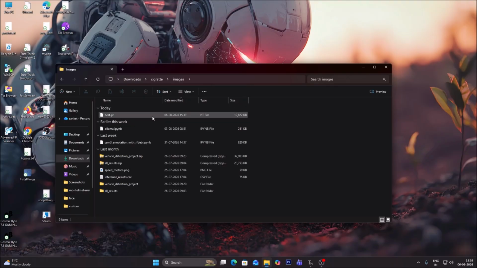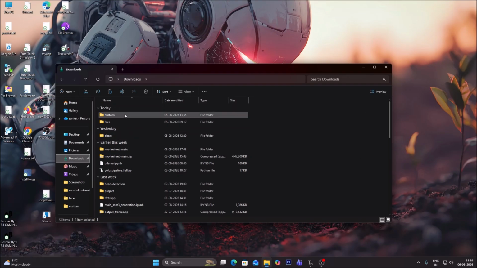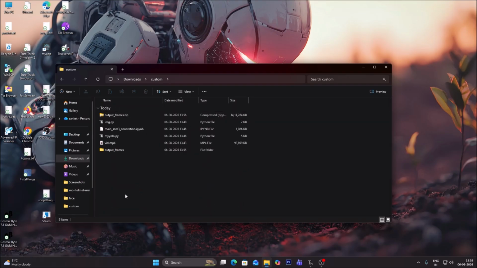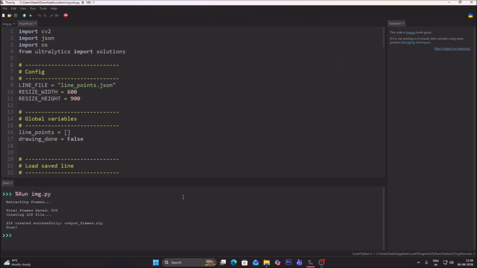So this is the model folder. This is the model which we just created. As you can see the timing, so this is the current model. So best.pt, right click, cut, and I will go in the project folder, which is custom. Just paste it, and then we will run our myyolo.py code,